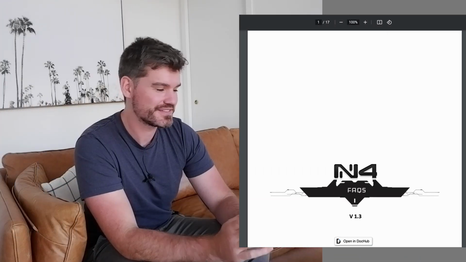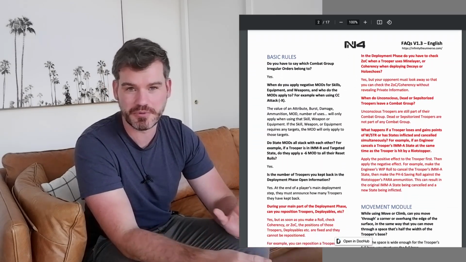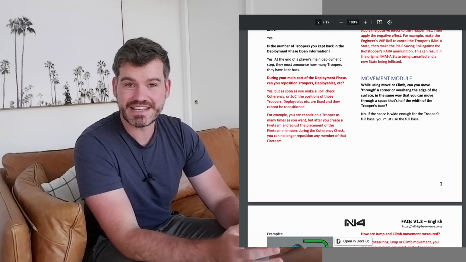As many of you are probably aware, Corvus Belli have just released a new FAQ update to N4, and some aspects of it seem to have caused quite a bit of a stir. So I'm going to go through most of the updates that Corvus Belli have released and talk a little bit about some of the implications of some of those FAQs,